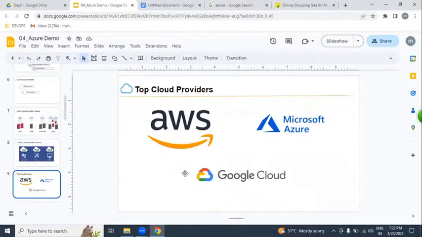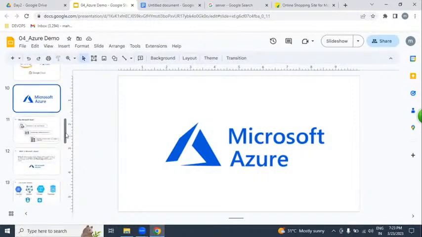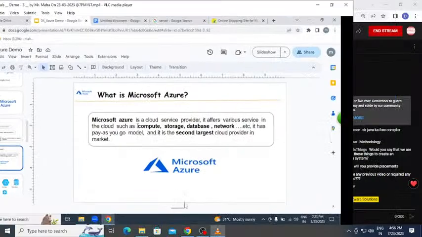The third one is Google. But we are going to be learning Microsoft Azure. Microsoft Azure is a cloud provider. By using Microsoft Azure, we can get computing power, storage,